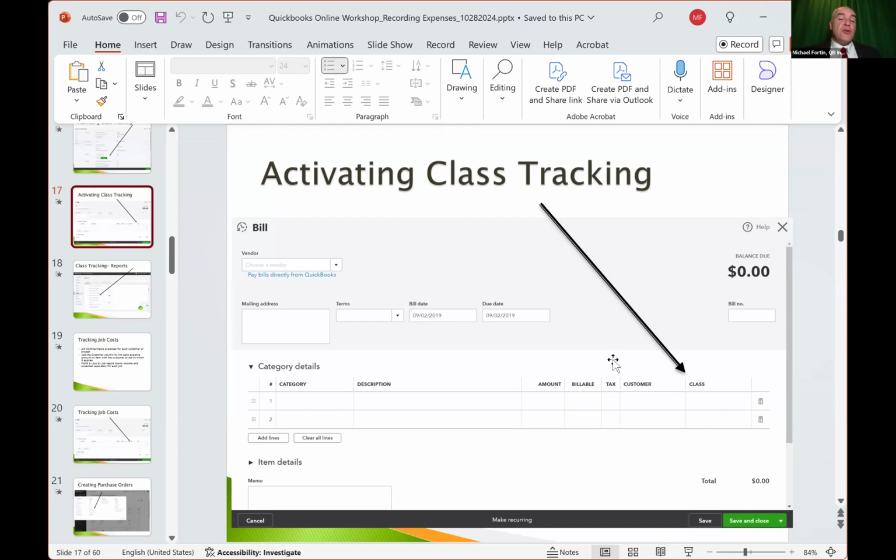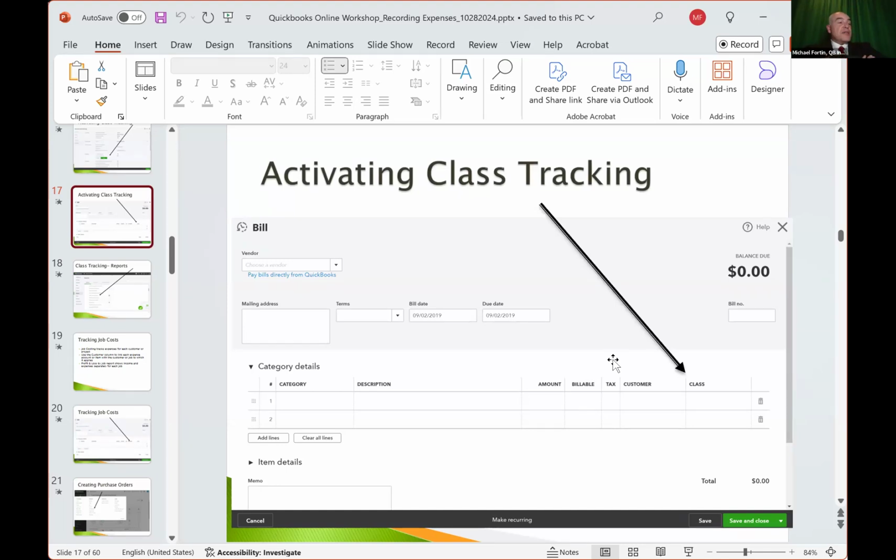This is an example of a bill that's on your screen, and if I were recording this bill for somebody that I owed money to, one of the fields in this bill is now Class. So I could associate and tag it to a class.